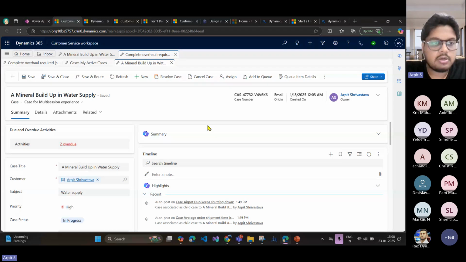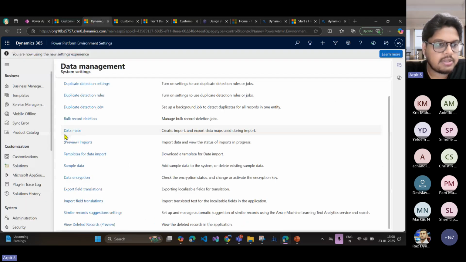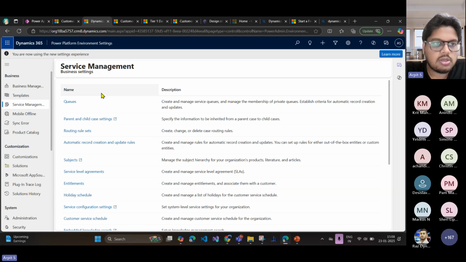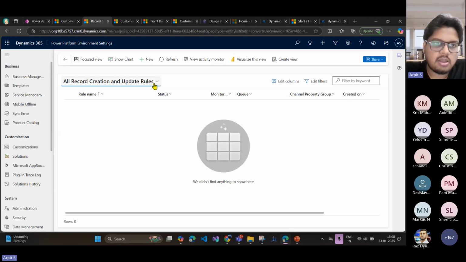The one thing that I wanted to showcase is the automation of the record creation. Okay, so for that, you need to go to the advanced settings again, and then you have the service management option. Go to the service management section, and then you have two interesting features here that provide you the automation of the cases. The first feature is automatic record creation and update rules. Okay, so what this feature does is, if I go to